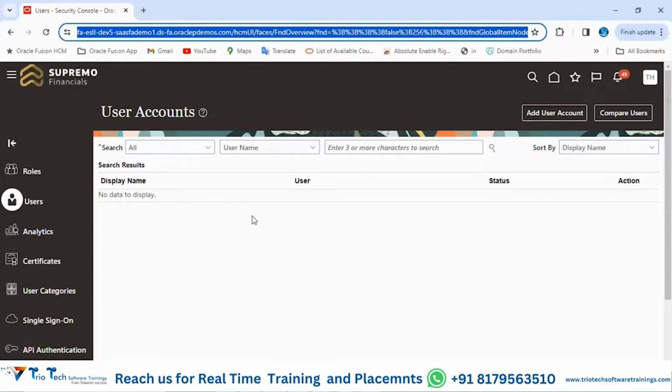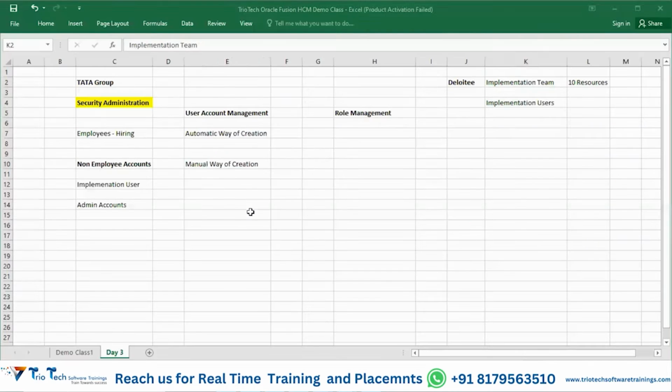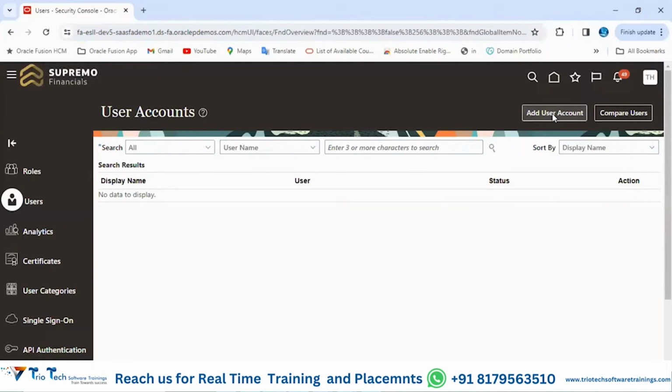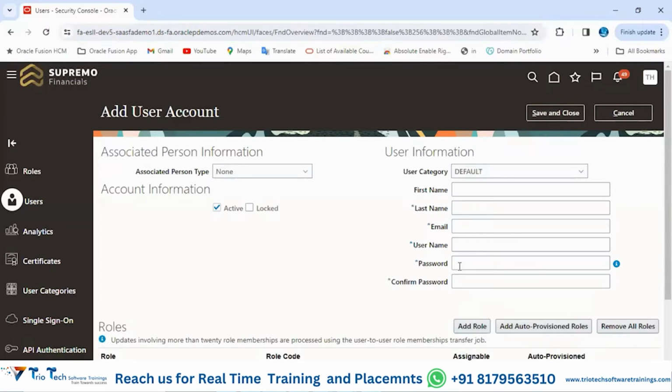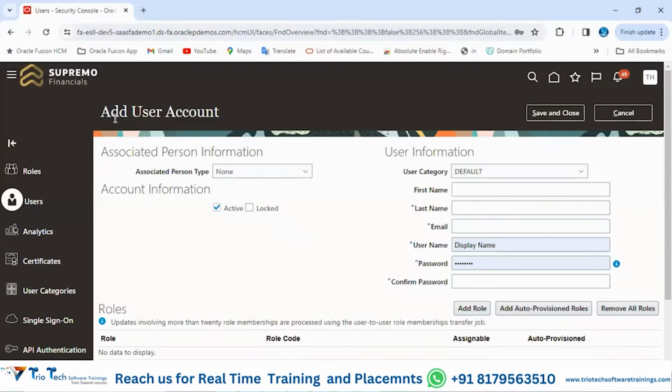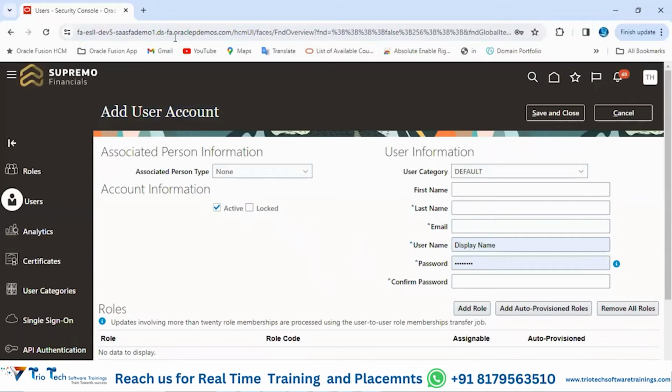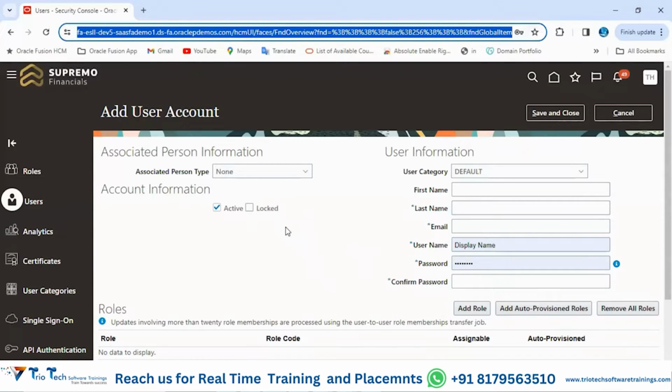If you want to create a new user account in the system, then come to Users and go to Add User Account. Click on Add User Account. Then you will land on this page, Add User Account. This is the screen where you will be configuring the user accounts in the system. As soon as we share the accesses with you, you can practice these things. You can create the user accounts and check all the things that we're discussing